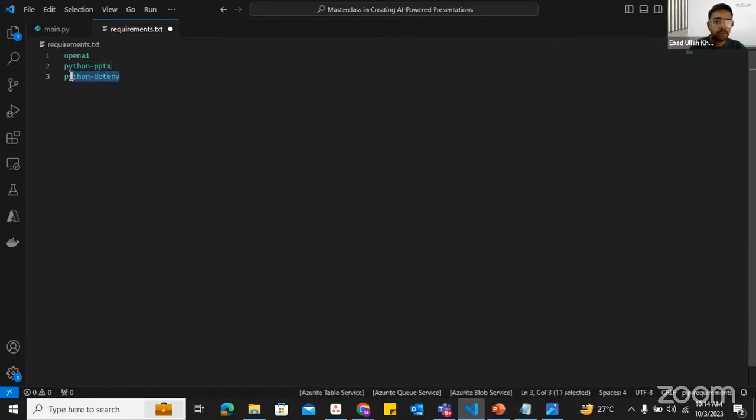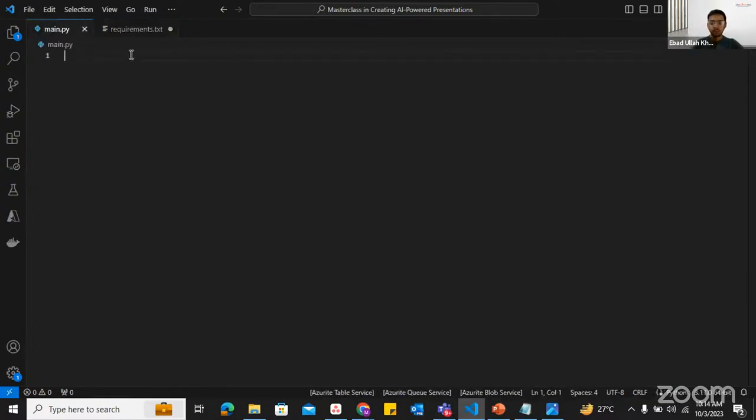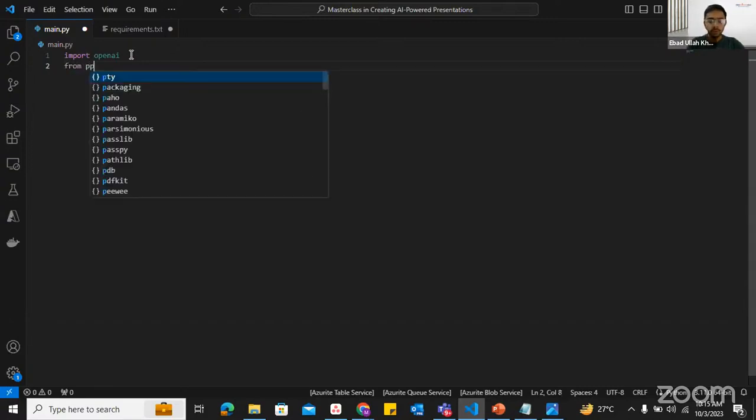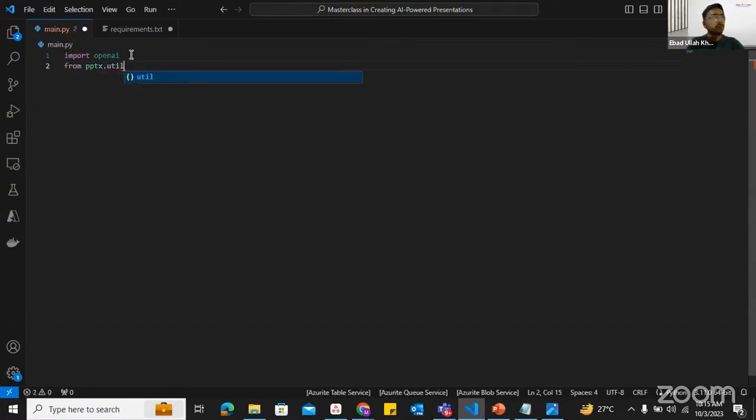And this is the .env to just get the OpenAI API key. So let's start. First we will be importing libraries. So let's start with importing OpenAI. This library will obviously generate prompts. We will be giving prompts into it, and it will be generating titles and content for us. From pptx.util import